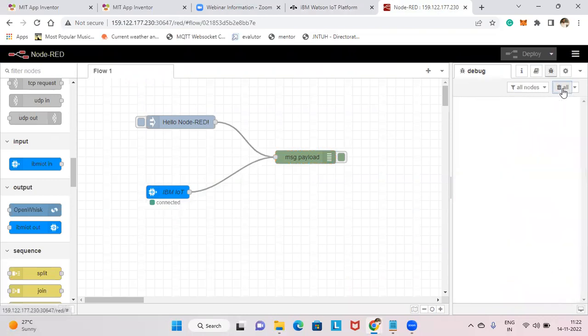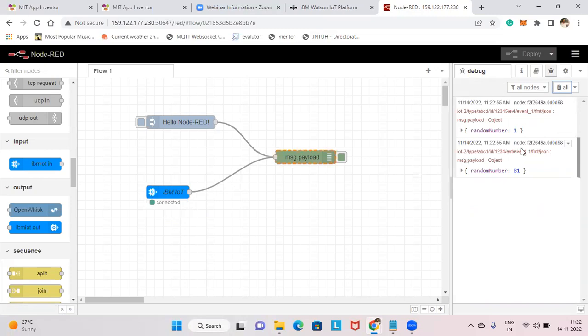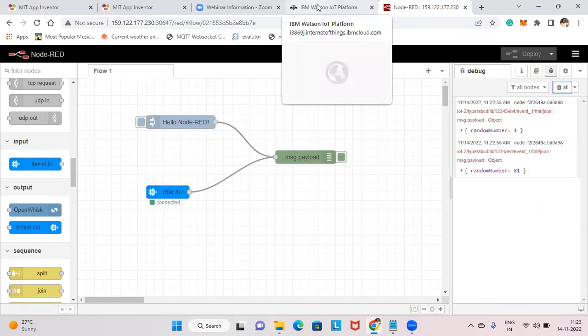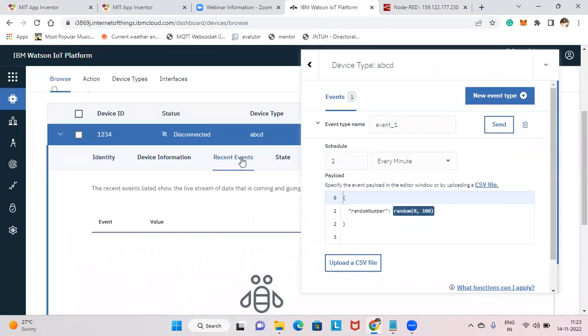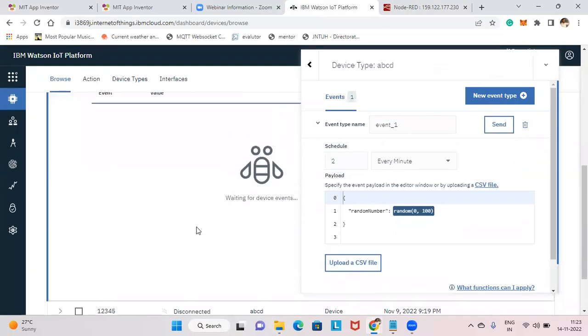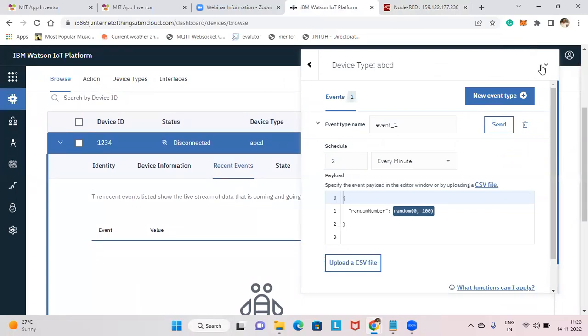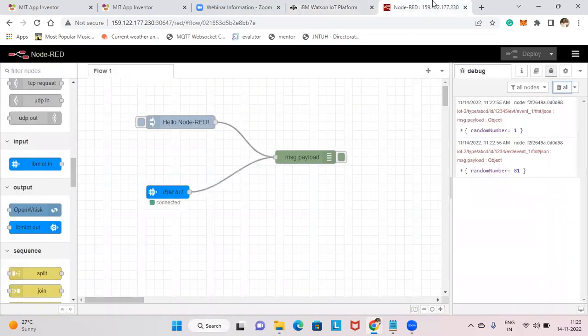You're getting all the data. If I delete also, it is showing connected here. It should show connected. If it is not showing connected, guys, there is something wrong with the API keys you have given, so make sure you correctly give the API keys. Again, I got random number 1 and random number 81, because there are two devices for me. The data has been sent from two different devices: this one is sending one, and this ABCD one is sending another data. That's the reason I'm getting it like that,